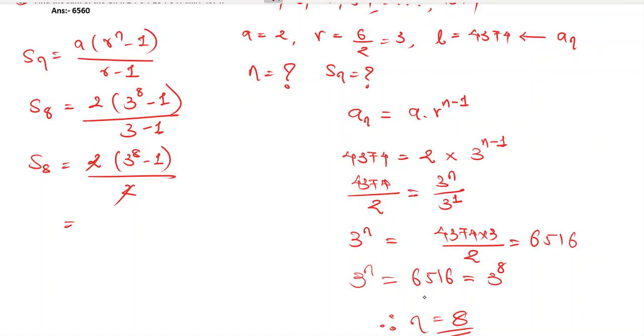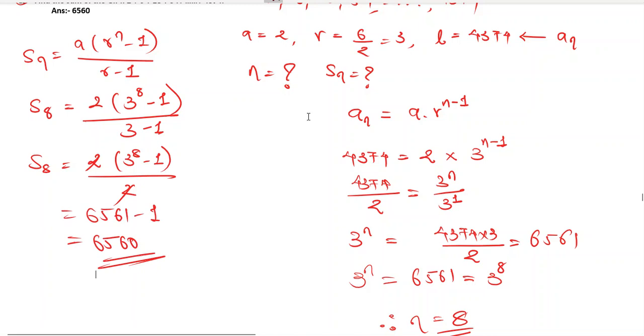6516 is 3 raised to 8, and here I will get 6516 minus 1, that is 6515, which is, again, I made a mistake. So this question is a jinx for me. I'm making mistakes after mistakes. But it's okay, I'm not going to edit it out. Let everybody know that I also can make mistakes. 6561. And this will be 6561 minus 1. And that is 6560. That is the sum of n terms of a GP.